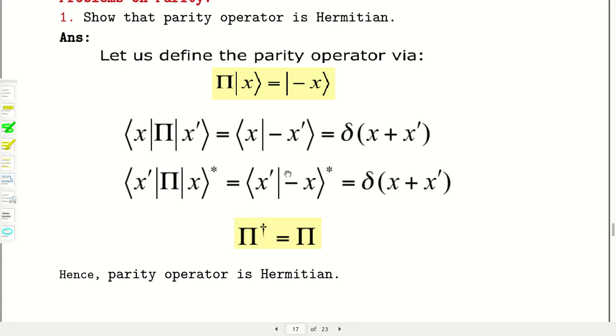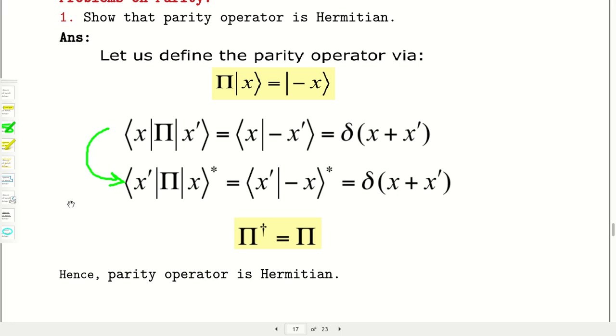That means, what is this? By this formula you can write also, that is x, delta of x prime plus x again. So these are two same things. So this expectation is equal to this expectation, and by the definition of Hermitian operator you can see,